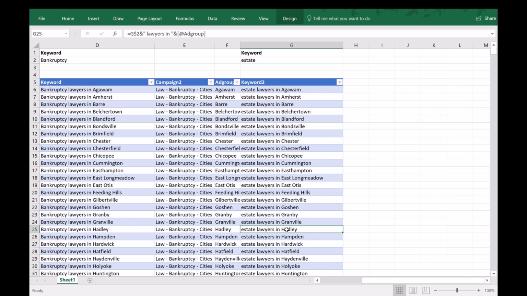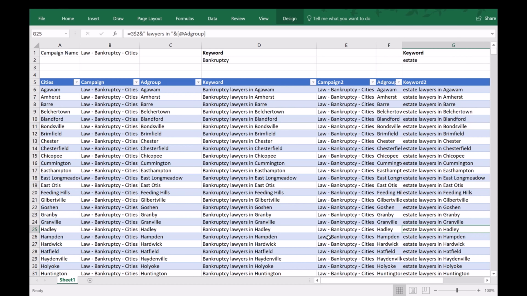false clicks. So in this case, if they search for Hadley, maybe a guy named Hadley Markovich, your ad is less likely to be clicked on, because they don't assume that they're clicking on this specific person. They are more likely to understand that they're clicking for Hadley as far as the city is concerned. So an estate lawyer in Hadley, not some guy named Hadley. And I've made this mistake, and I spent maybe $8,000 on this one mistake alone, even after various